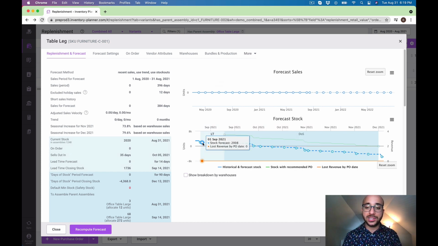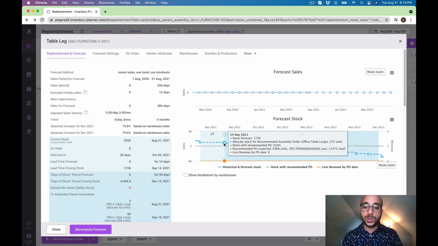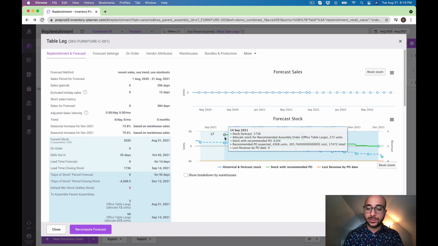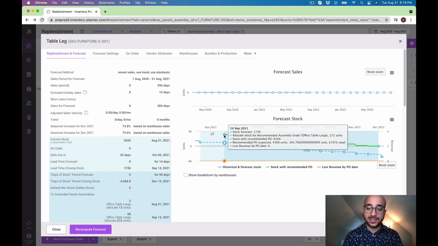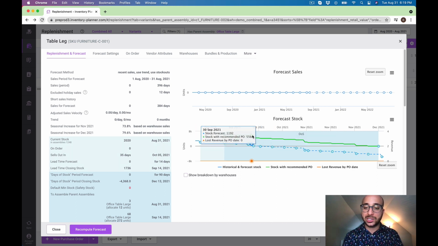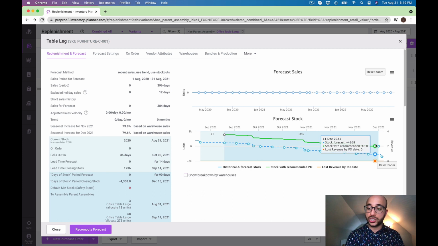Essentially, we're saying this component stock that we have currently, the 2020, what's going to happen? So we're going to make 3 tables right away, so that's 12 table legs gone. And then we can't really do much until we get more tabletops. Once we do, well, we're going to start allocating some stock here. We get new component stock in. It takes 14 days. And then we're going to slowly decrement from that component stock so we can assemble more large and small office